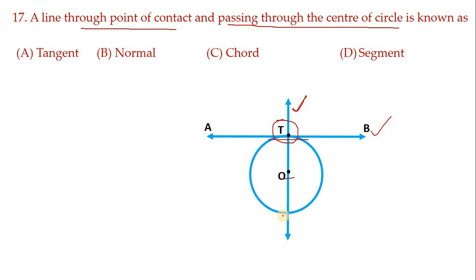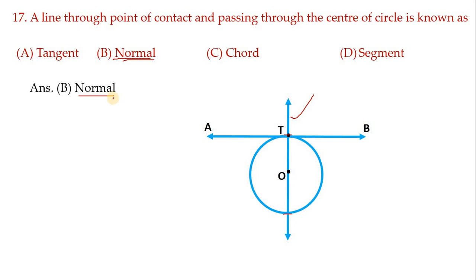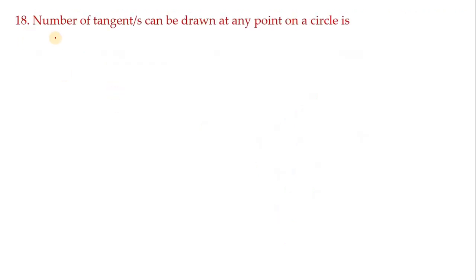Hence now what do you call this line? This line we can call a secant, because it is intersecting the circle at 2 points. One is here and another one is here. But secant is not there in our options. Hence we have to go to the option called normal. So in these cases we call the secant a normal also. Very important one. So normal is the correct option. Move on to the next one.